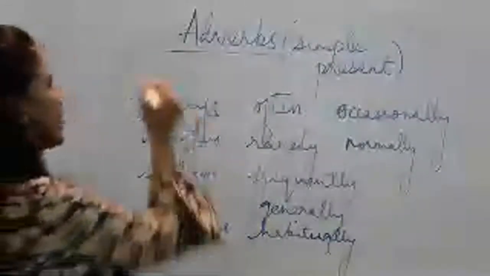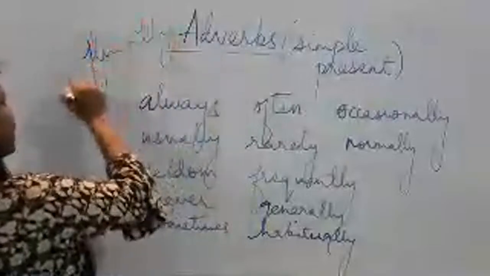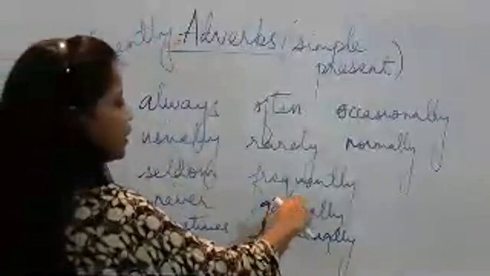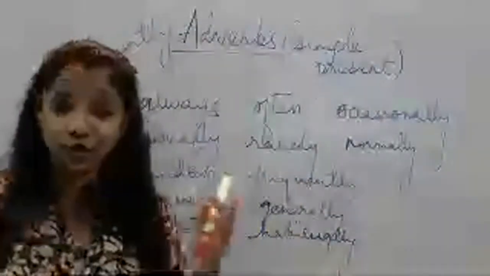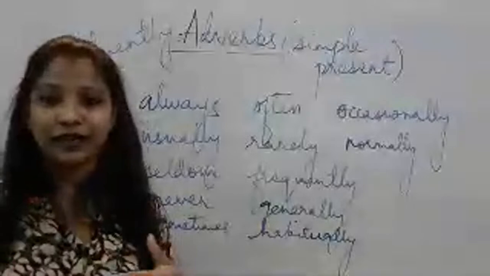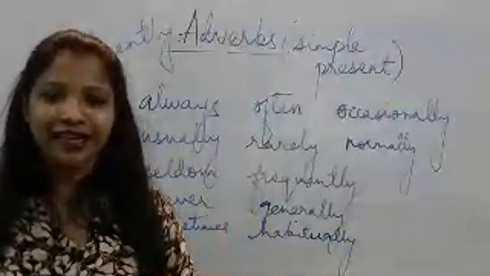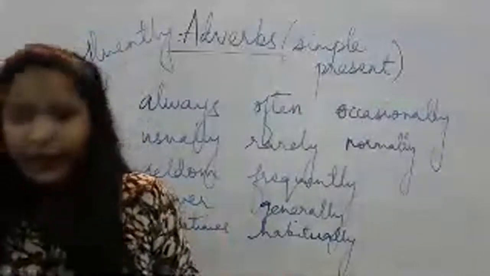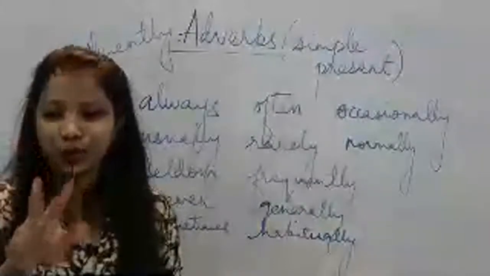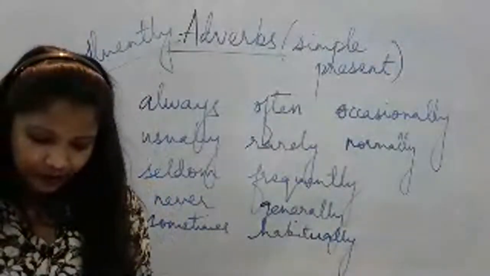So these are two different words. This is the spelling of fluently, and this is frequently. I have even heard some good speakers also say I speak English frequently. No, it's I speak English fluently. I frequently call my friends. I hope you got the difference between these two words.